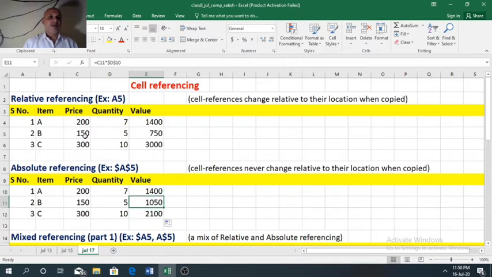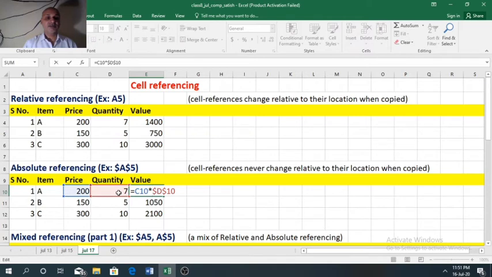In the previous case 150 into 5 was 750, but here we have got 1050. So what is done here? In this case we have made D10 constant or fixed, that is value 7 becomes fixed, and C10 is relative referencing.